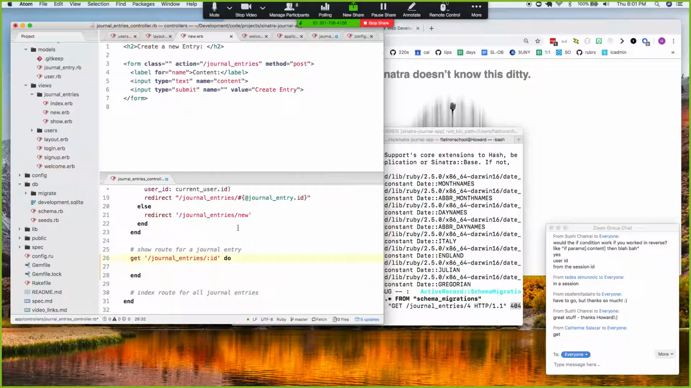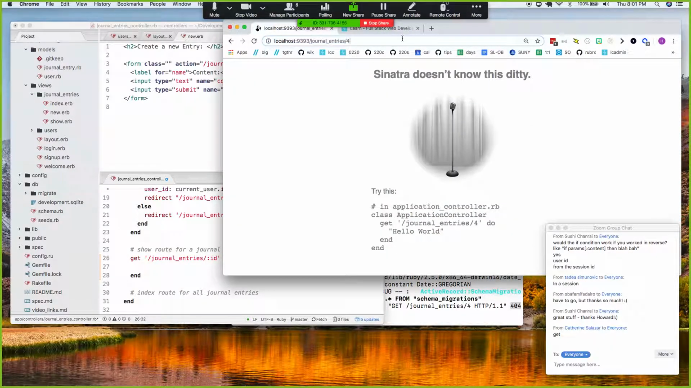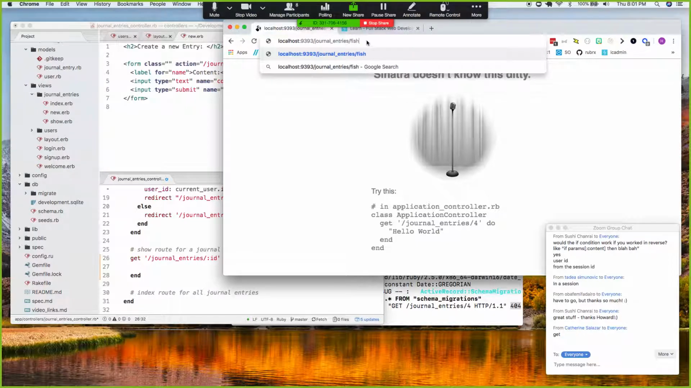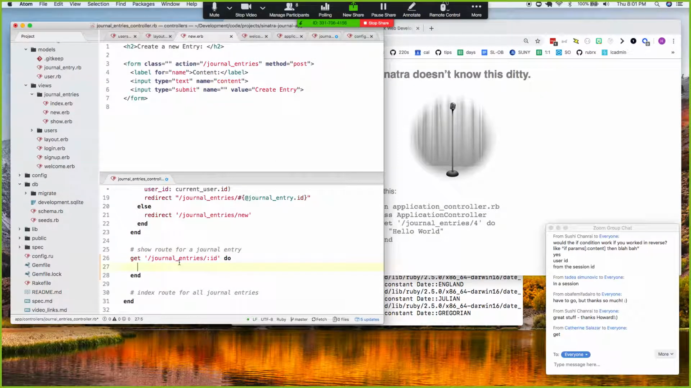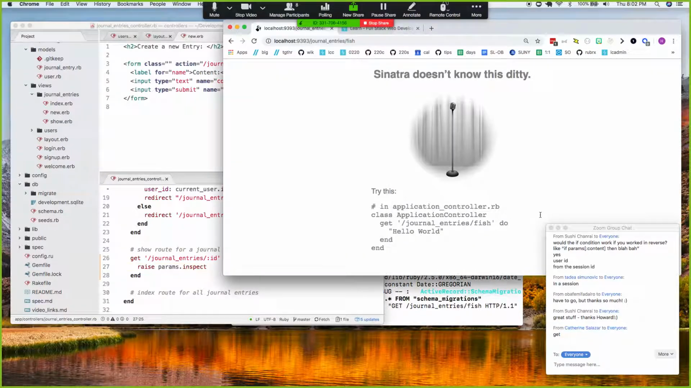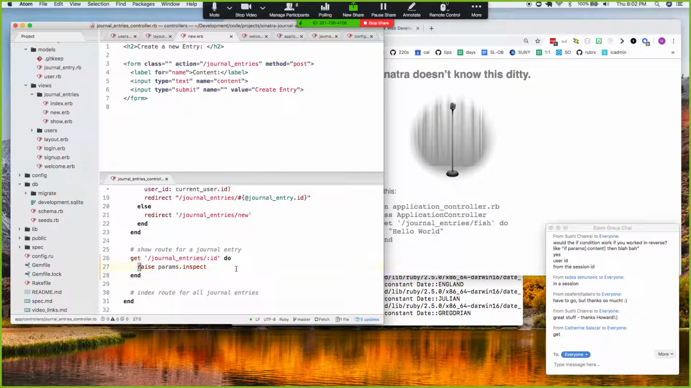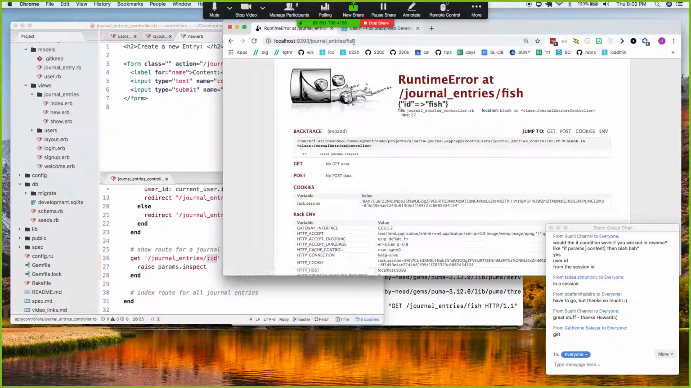And so we can actually test that out. If I say journal entries fish, hit enter, I should actually see a blank page. So let's just raise params.inspect. So hopefully I'll see a blank page, unless I didn't save it. I might not have saved it. Now let's refresh it. And I should see an error with params showing up the key of ID from here and a value of